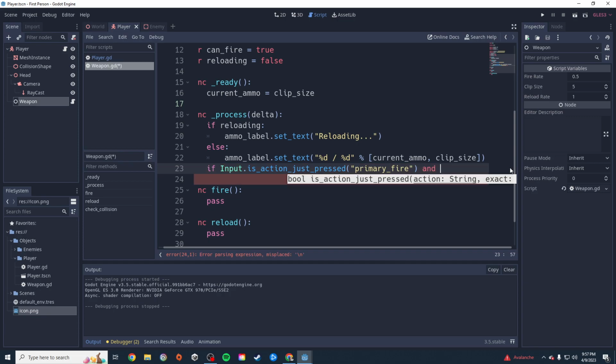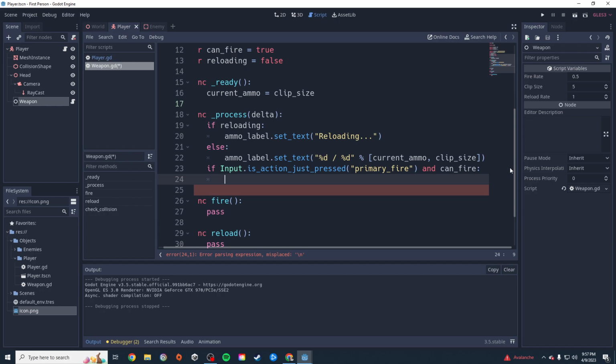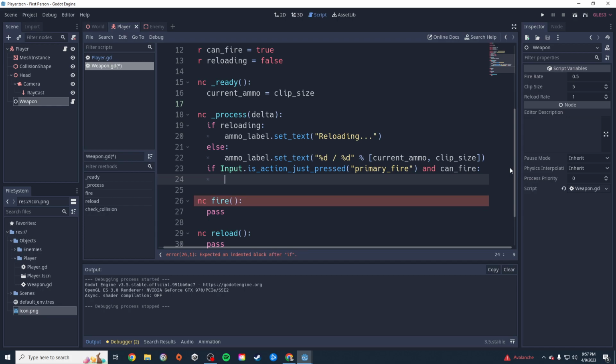So we'll say and can_fire. If both of those things are true, then we also want to check to see if our ammo count is above 0. So if current_ammo is greater than 0, and we're not currently reloading,